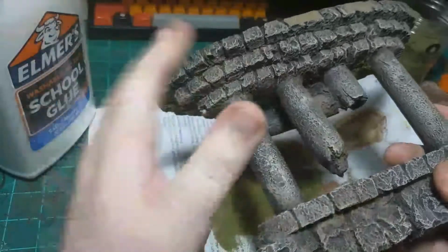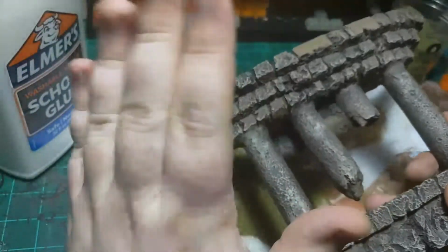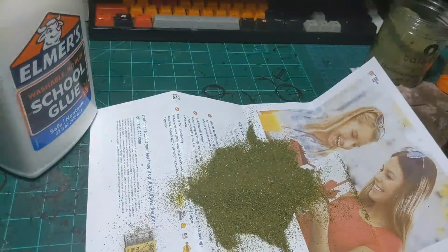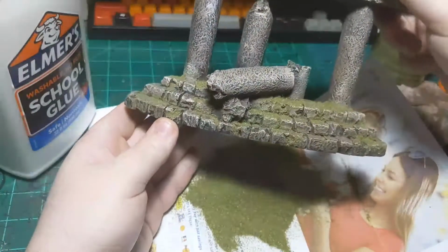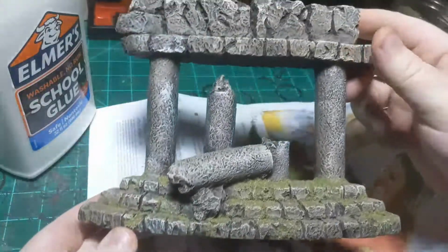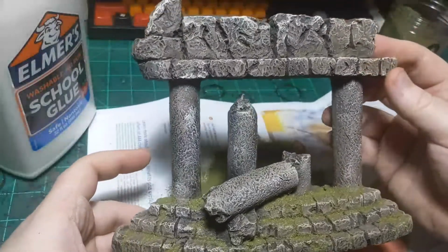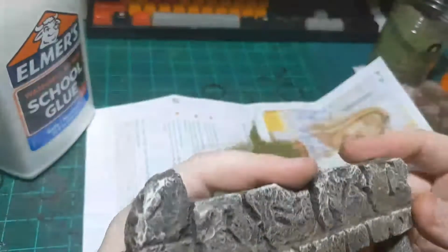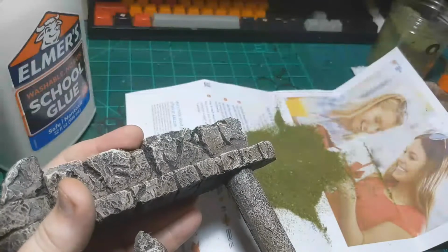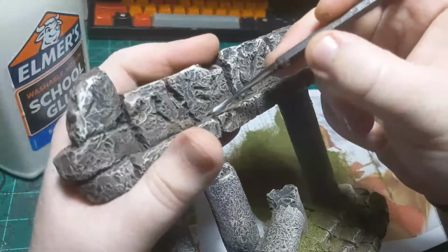There we go. And tap off the extra. All right. And there we go. There's one side of our overgrown temple. We could put some up here, and we might actually. Let's see. Would that make sense? Yeah, I think a little bit of moss would be growing up there, maybe. So let's do that. We'll just do a little bit up there, not as much as down here on the